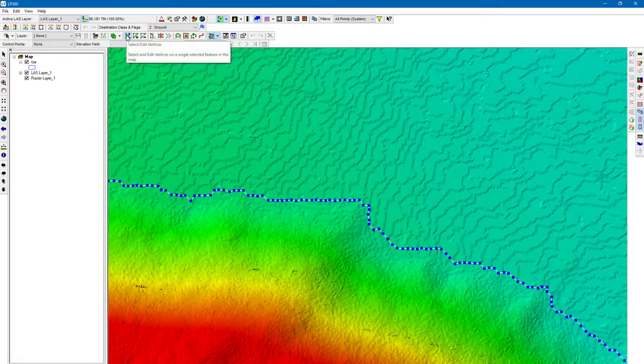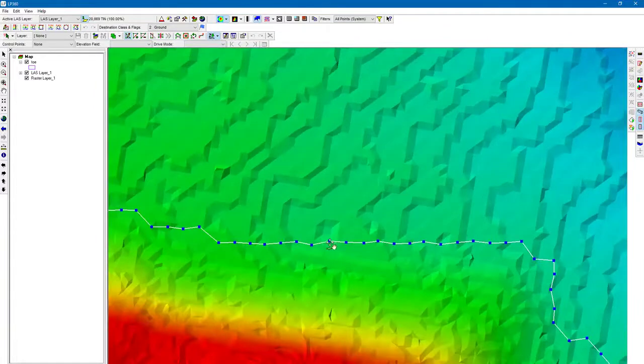But let's go over this select and edit vertices tool. So if I zoom in here, as you can see, if I hover over the vertice, a little hand icon will pop up and I can actually left click and hold and drag this vertice wherever I want. Because our Auto Z button is depressed, you can see the little green arrow pointing down. That means it's active. That means as I move these vertices, it's going to try to conflate to the surface. Now if I had that off, okay,